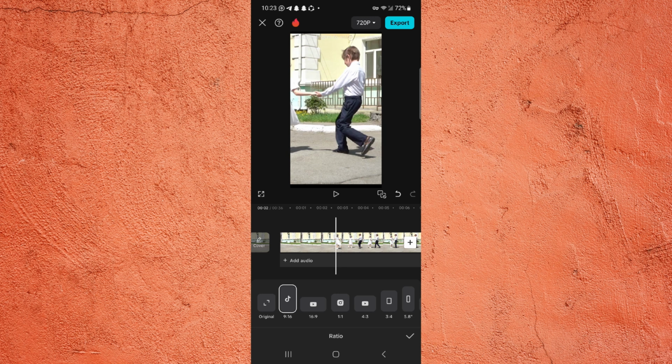So guys, in this way you can change your landscape video to vertical video in TikTok ratio in the CapCut